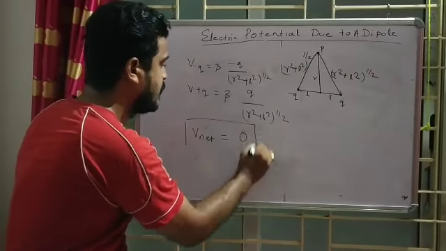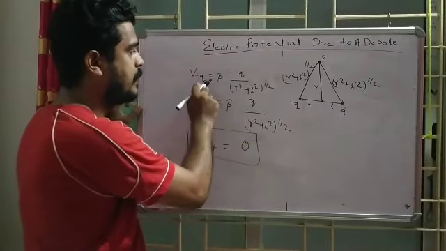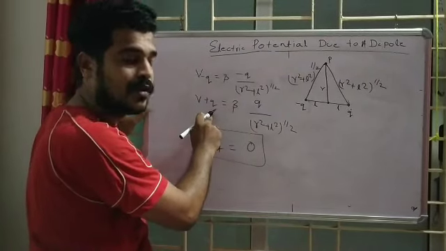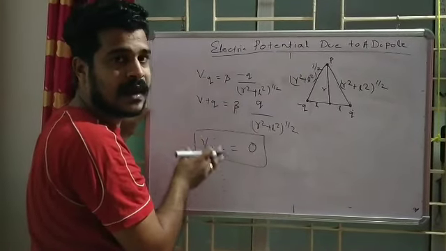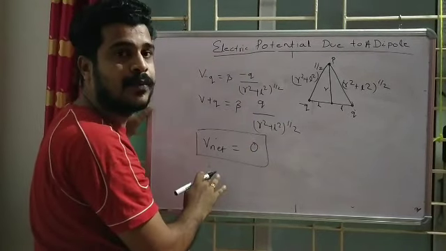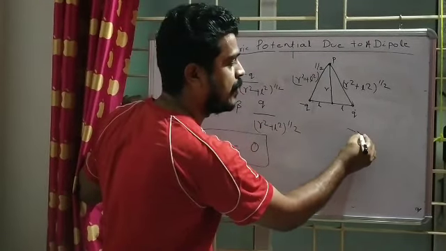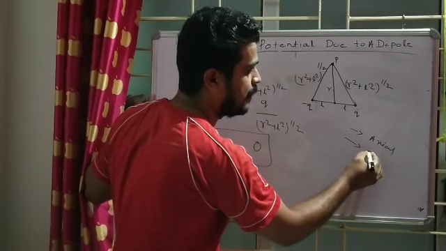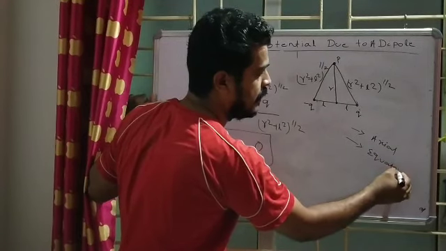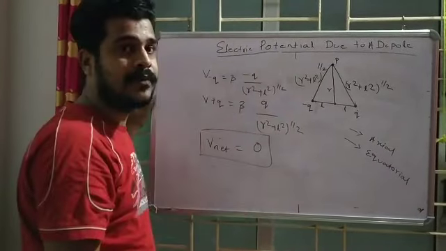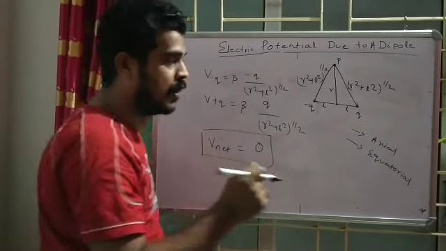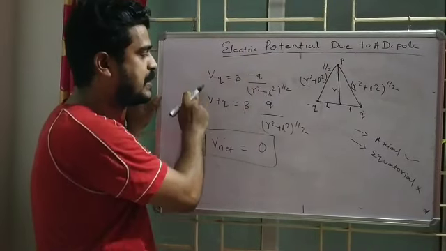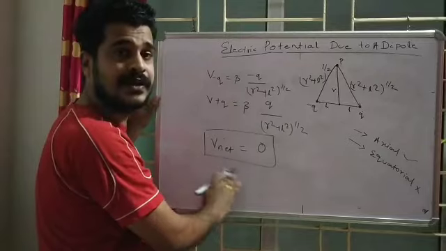So it is very easy. Just draw the diagram. These two are the expressions of the two potentials. This is for minus q, this is for plus q, and when I add these two potentials, I get the net potential as 0. So I got the formula for the axial point, and I got the formula for the equatorial point. They may ask a question: derive the expression for total potential due to a dipole on the axial line. They won't ask for the equatorial line because it is very easy. In two steps, I am getting the total potential as 0.